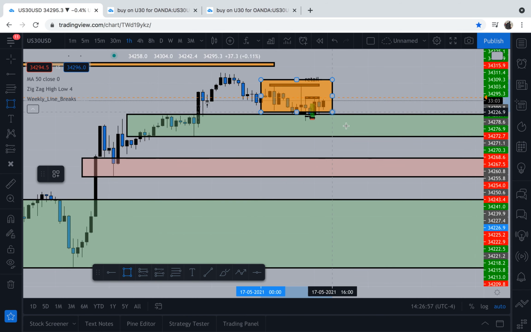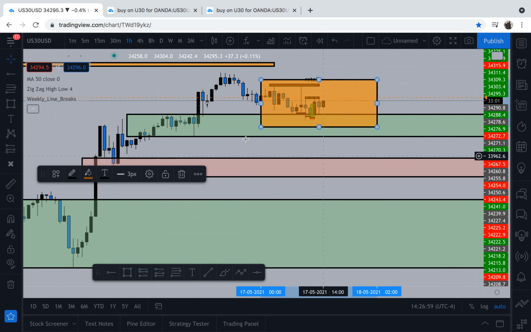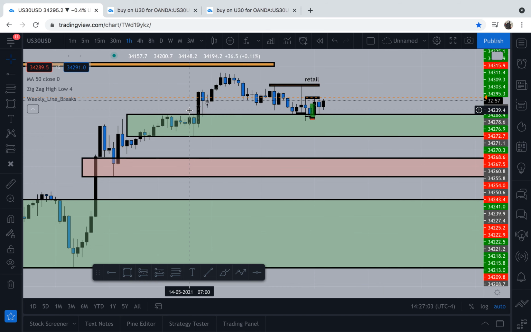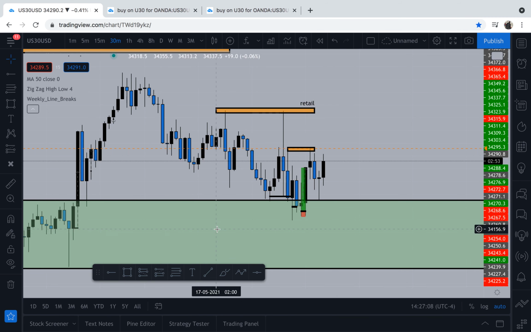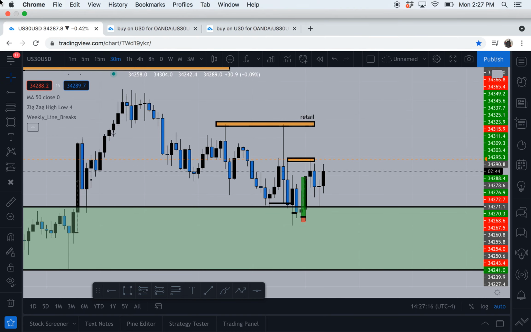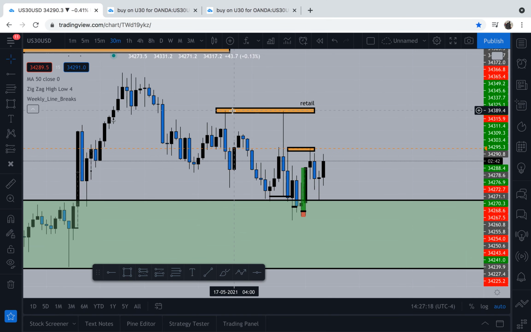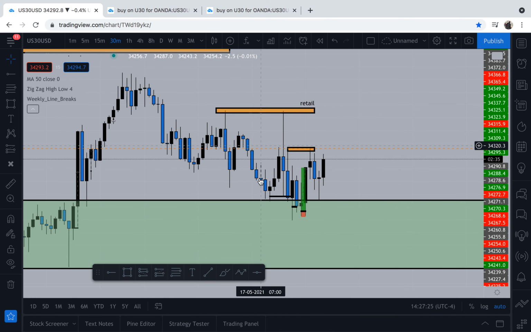So what I typically look for right here is consolidation in this area. What I typically look for is a Wyckoff pattern. There are different patterns that you can look for, but I essentially look for a Wyckoff pattern, and it's pretty much the exchange from the big hands to the small hands, and the small hands to the big hands. But you always want to be on the big hand part. This liquidity was made up here beforehand, so I knew the market had to come back up here to take out these equal highs because that's where the money is resting. So as we can keep dropping down,